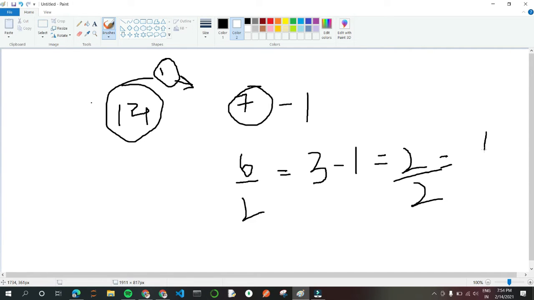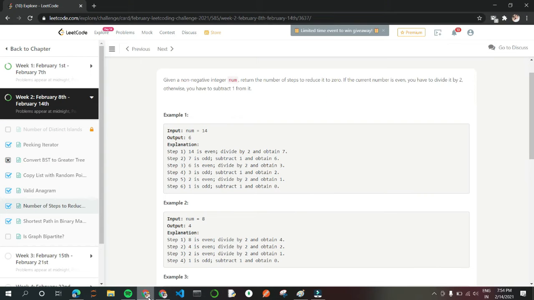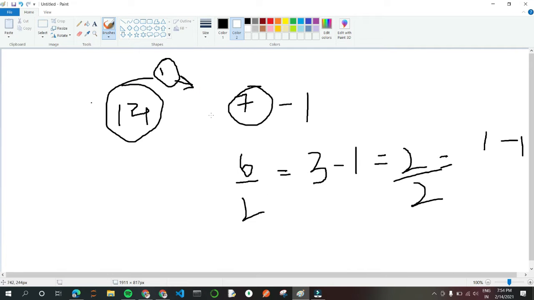Now 1 is an odd number, so I have to subtract 1 and the answer will be 0 over here. So the steps we have covered are: first dividing it to get 7, then subtracting 1, and so on, counting 1, 2, 3, 4, 5, 6. 6 steps total, because in the last step we are getting 0, so we will stop here.